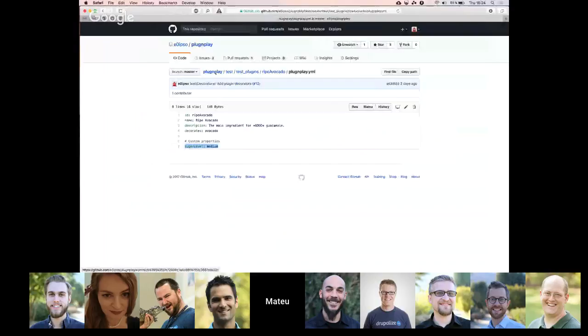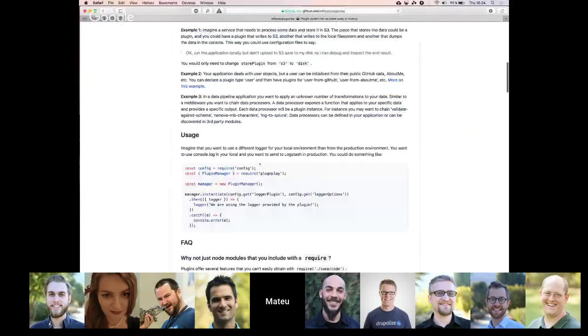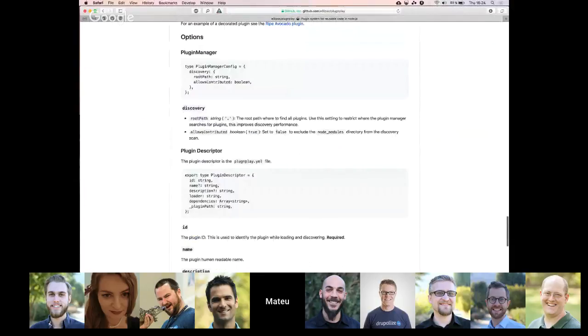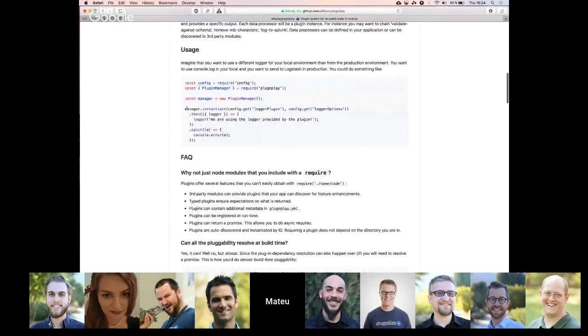But the idea is that in here, you may see that the options down below for the plugin manager talk about discovery and if allowed, contributed plugins. That means that since you don't need to register your plugins, your manager is going to find them. I remember at the beginning here, we didn't register any plugins. We didn't do any require. So you don't need to know in advance what plugins are available to you. So you can have in your node_modules directory